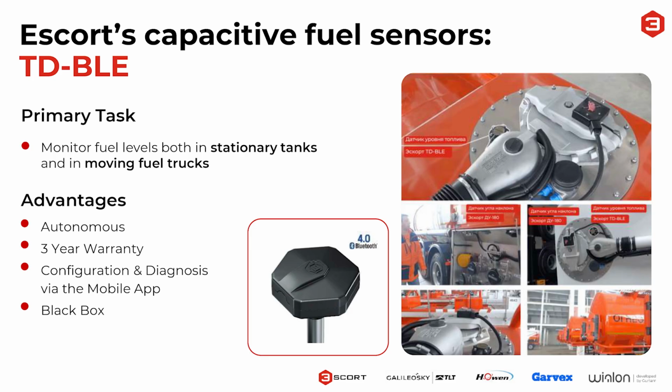But some GPS trackers are gradually adding this feature to their functionalities as well. So in the nearest future, it will be possible to recover black box data from the sensor remotely via the majority of the GPS trackers available on the market as of now. The length of the sensor is adjustable, which makes it suitable for any tank